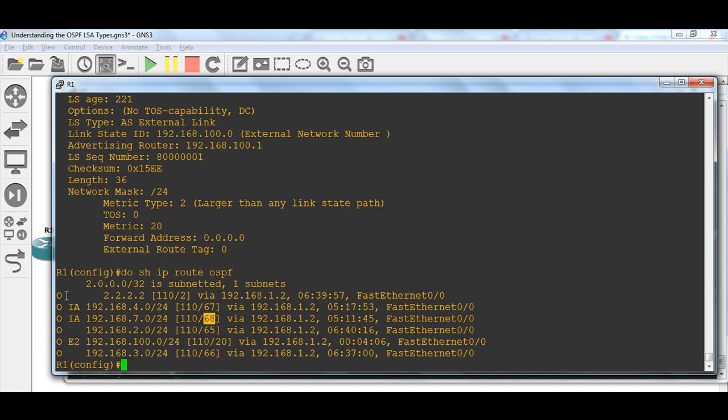And for the O only routes, they are the routes that are from the same area, so that they are the routes that are generated or received using the LSA type 1 and type